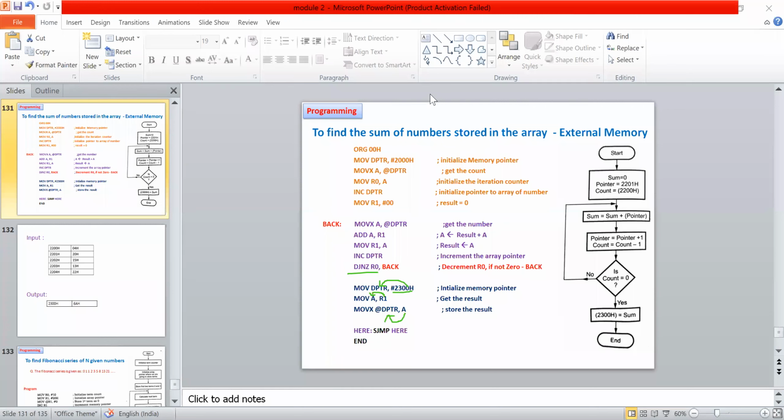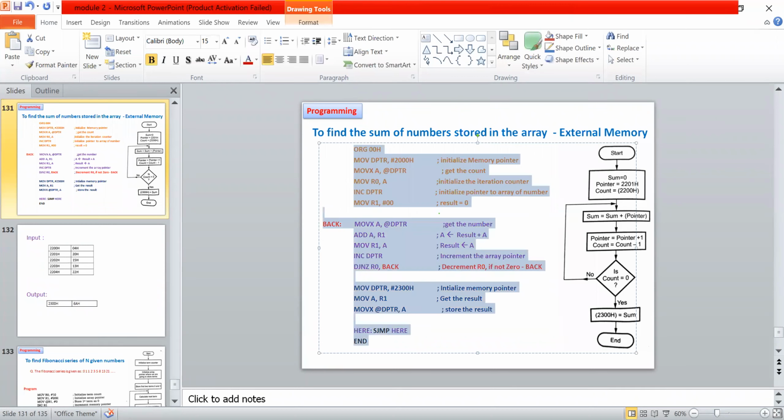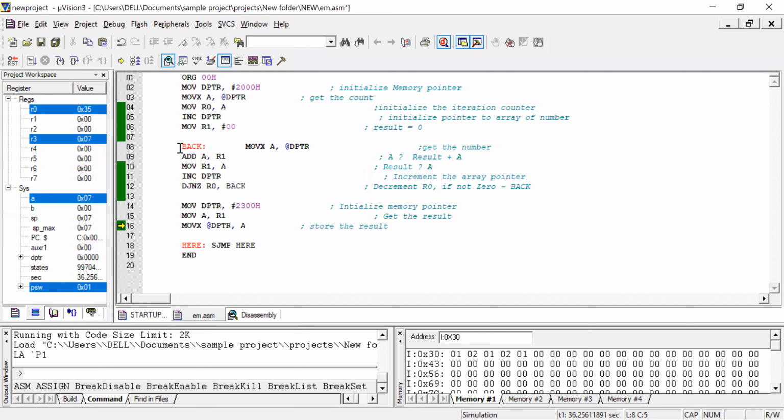So if you want, I will execute the same program. We can place it. I will share the software. Same program, we will place it and we will check it out.